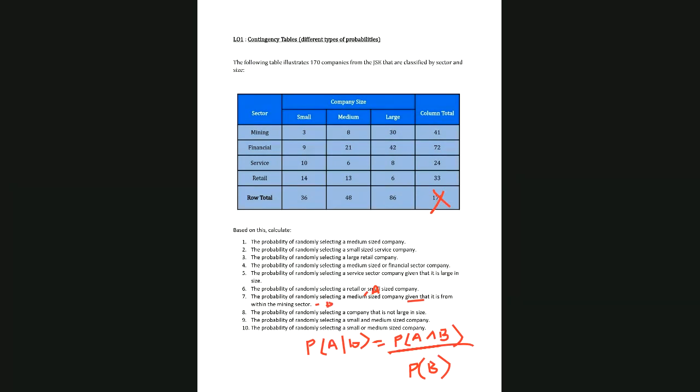So you're going to go to mining, and the total is 41. So your denominator then will be 41. And remember, the idea with a conditional probability is that we're no longer focusing on all 170 companies. We're focusing on only the given portion, meaning that we're only looking at the mining companies. So 41 becomes our denominator, and our numerator is medium and mining. So you'll go to medium in line with mining, and that is 8 out of the 41 companies, which would be